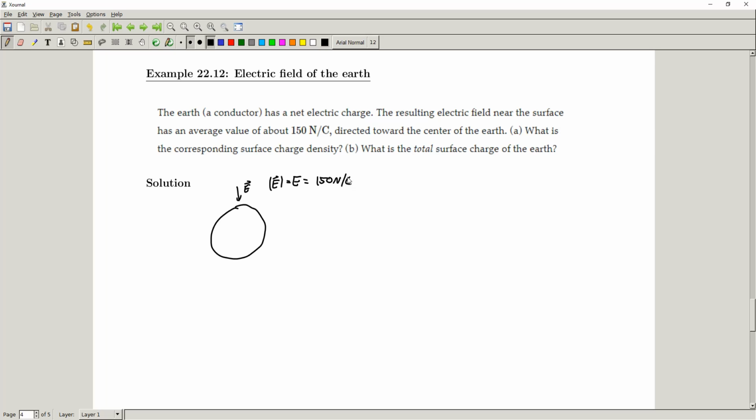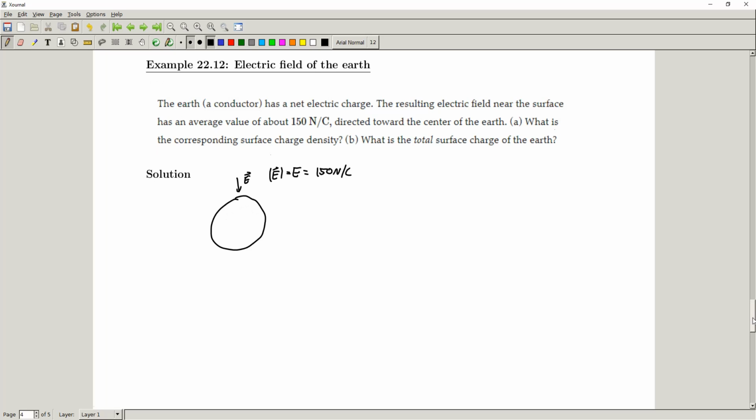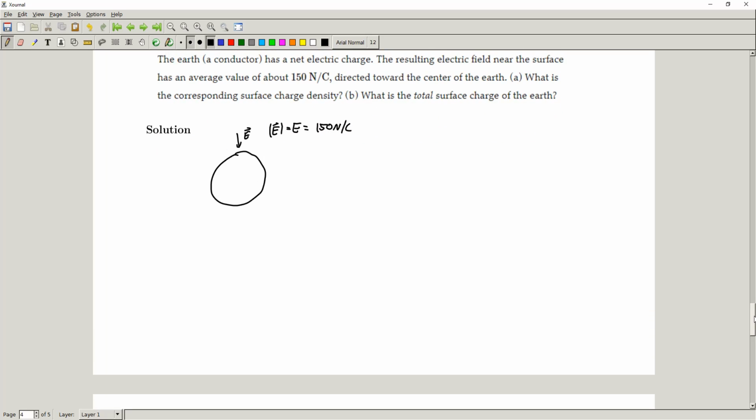Okay, and so we want to know what is the corresponding surface charge density, and then what the total charge of the Earth is. The calculations are pretty simple, but like I said, kind of fun, and so we'll go through them. So for part A,